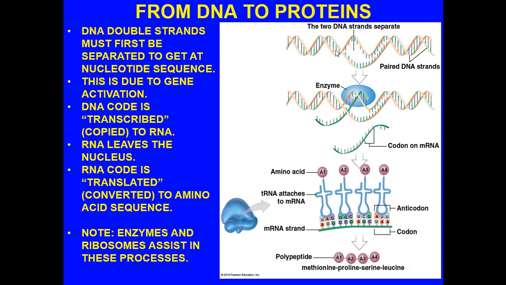In other words, you're not going to get at this information randomly. You have to have some activation event that occurs, and then you will begin the process of unwinding or separating the two strands of DNA so that you can start transcribing or copying the DNA code to